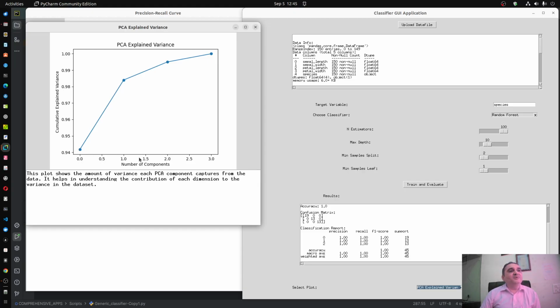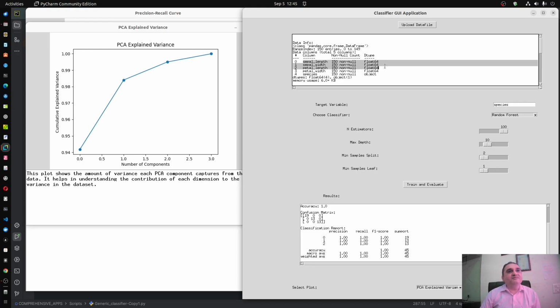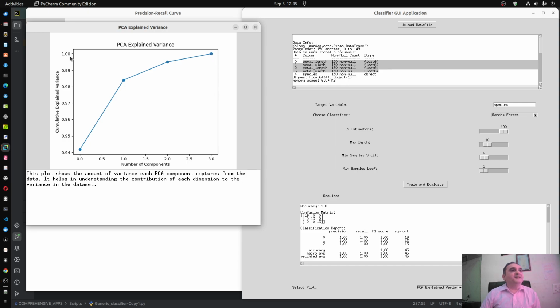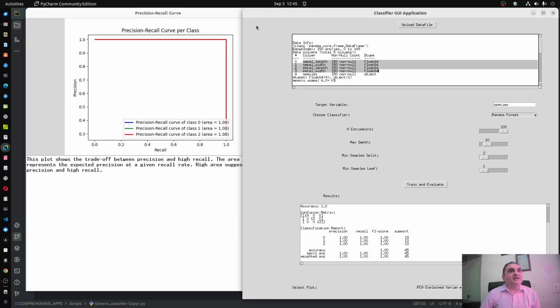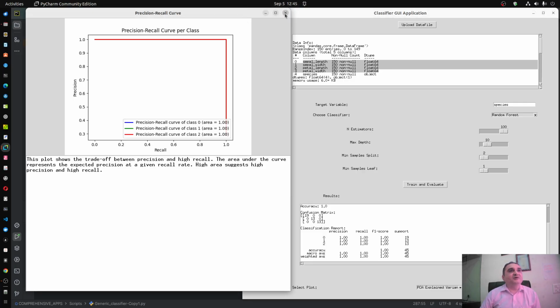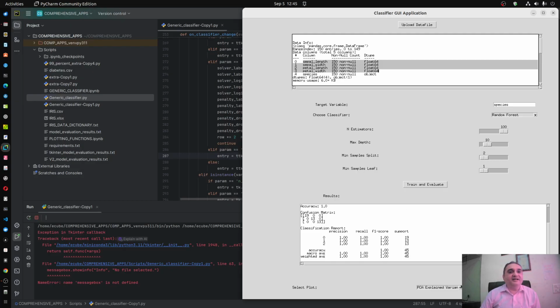Compared to that, if you take one feature, the explained variance will be more. If you take three, actually 0 to 3, that means four features, that is, if you consider all columns, sepal length, sepal width, petal length, petal width, and you do not remove any column, then you get 100% explained variance. So this model again explains 100% of the variance in our data set.